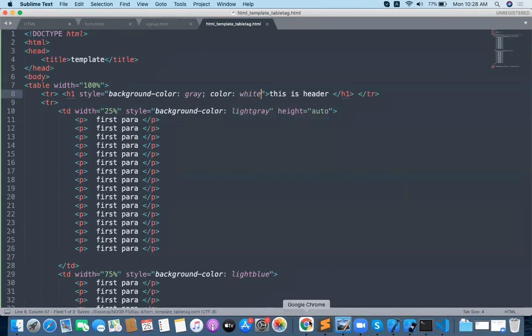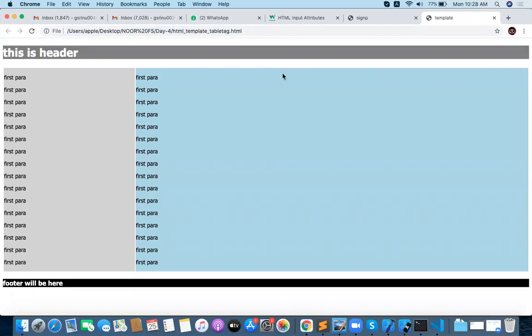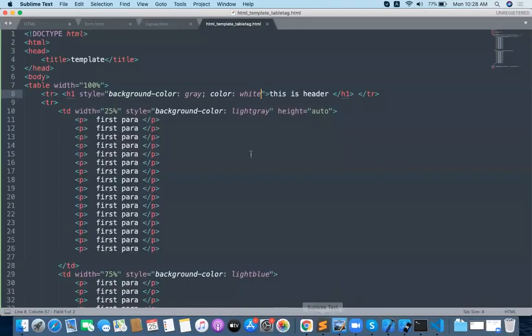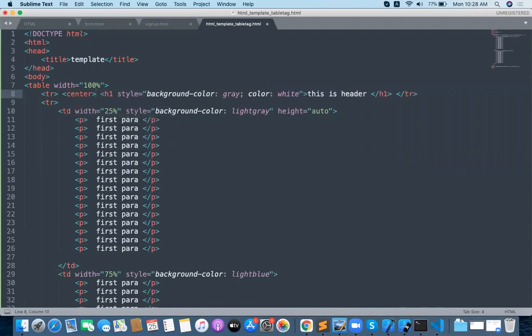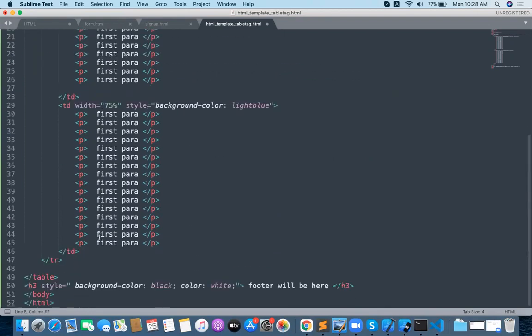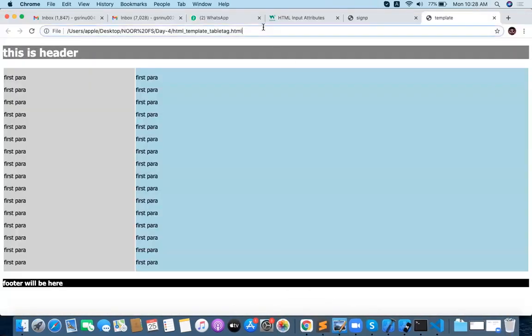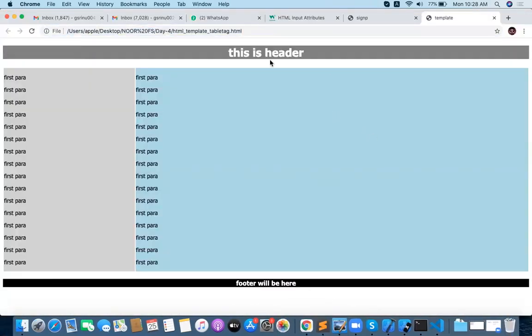Okay, fine. So this is completely working with the CSS, don't worry about that. In this particular TR, the H1 will be in the center. See, like this you can design your template properly. So, center tag. Now this is the header, this is the footer, and this is your main content.